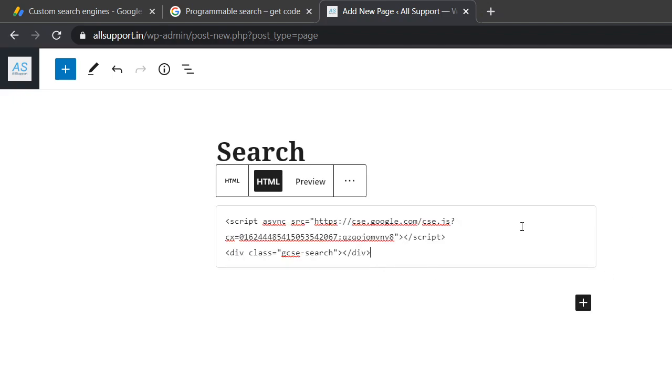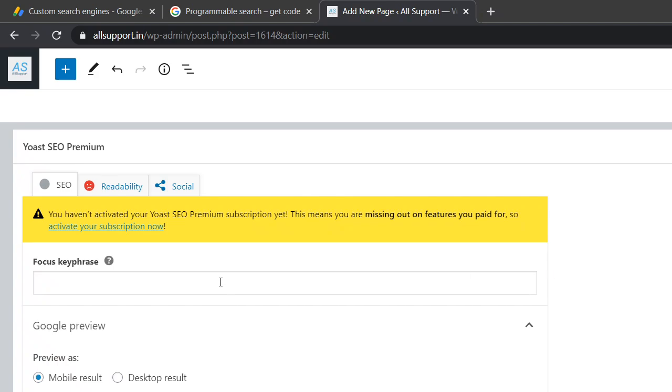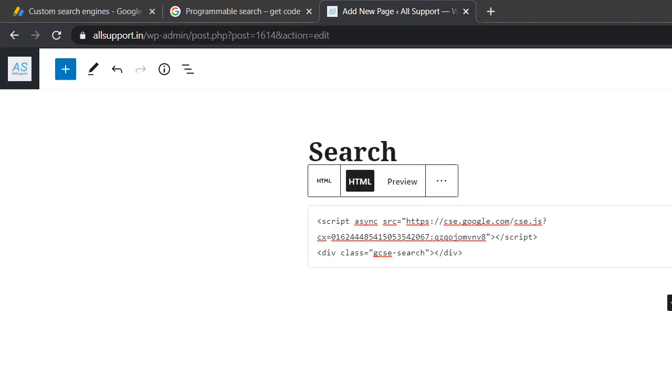You can add some text detail as well. This is actually the Yoast plugin. Instead of schedule I will just publish, click next and schedule.